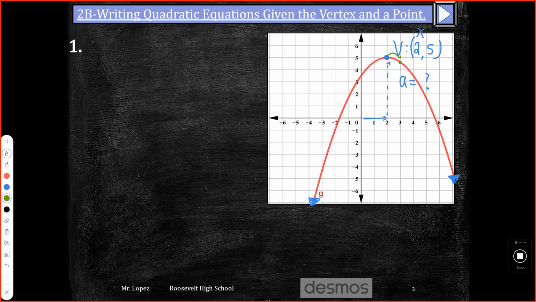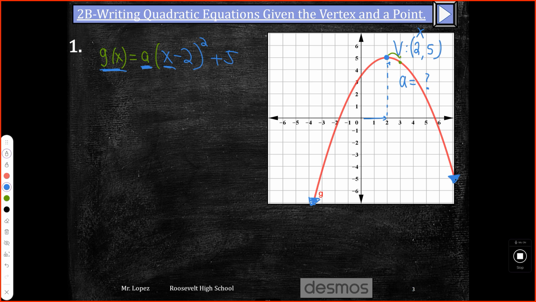So let's go ahead and get started here. So this is going to be g of x is equal to a, we don't know what this a value is, times x minus 2 squared and then up 5. We still have two variables here. We still have a and x. And if we're going to make this an equation, we also have g of x, we don't know what that is. But if we are going to solve for a, we need another point